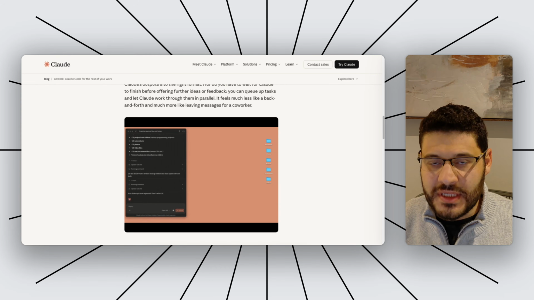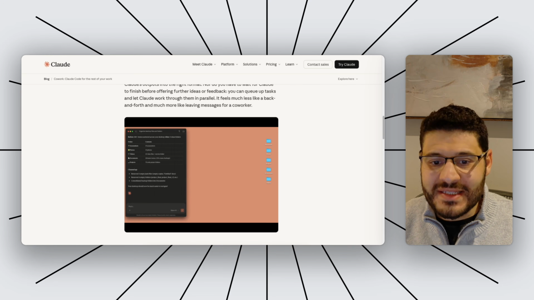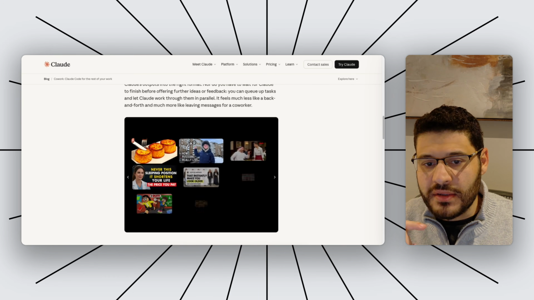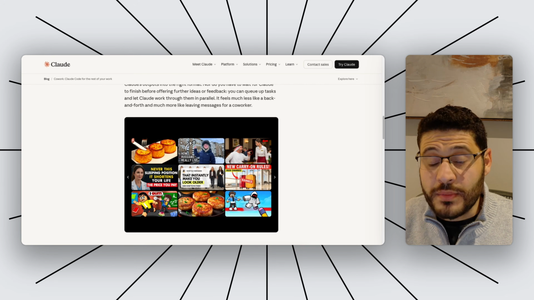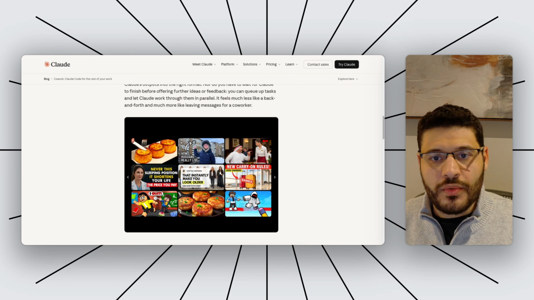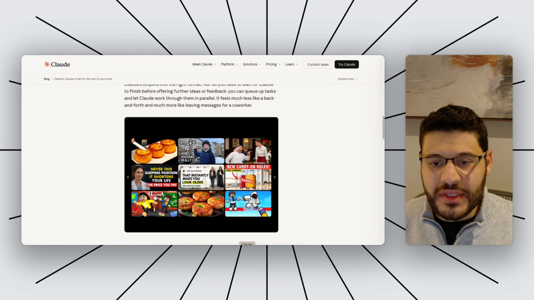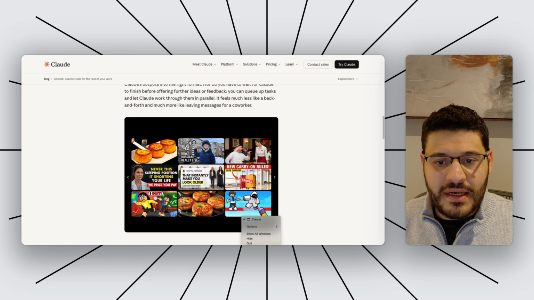A lot of this could have been done in Claude Code already today. However, as you see here, this is not as intimidating because it is not a terminal. It's a nice interface. So with that said, let's walk through 3 use cases